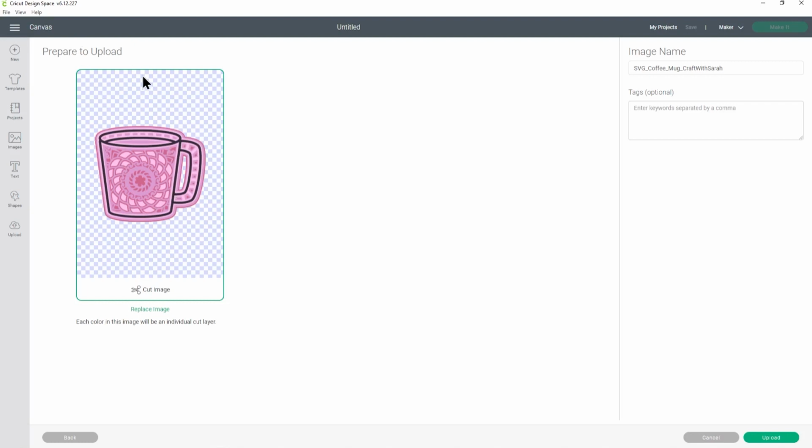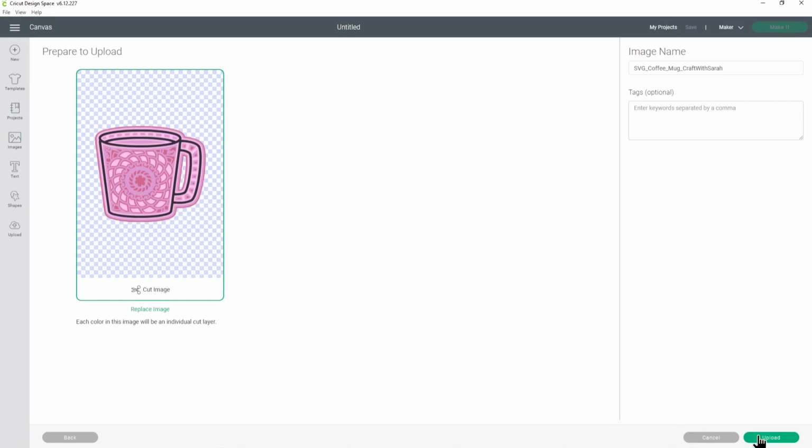If you see all of the different layers in different colors separately on the screen, so all individual pieces, that means you've accidentally uploaded the wrong file. So if that's happening for you, click cancel down on the bottom right, and then try again, and make sure you open the one that starts SVG in the file name.